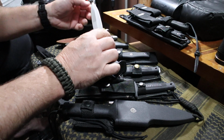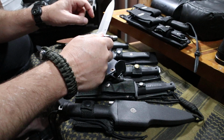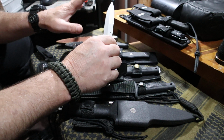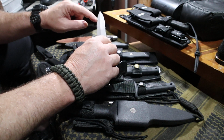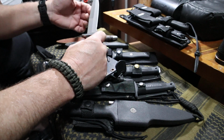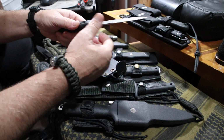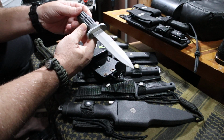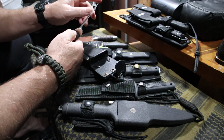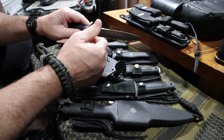and when I initially got this, I was just checking for the grind lines. If the grind lines are centered, I'm okay. Sometimes I'll look at these cheaper daggers and I kind of look at the grind lines. If they got decent grind lines, I might purchase one, check it out. This one I'm pretty happy with because even though it is cheap stainless steel, it's got a nice razor sharp edge and it's very pointy. The blade thickness is thinner,